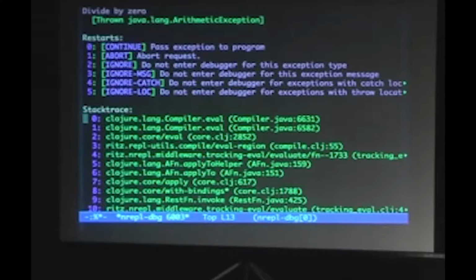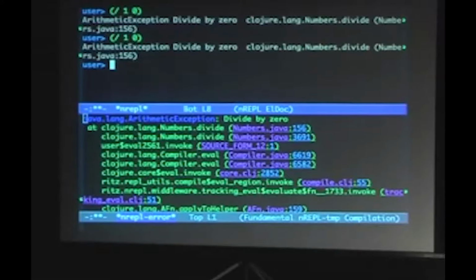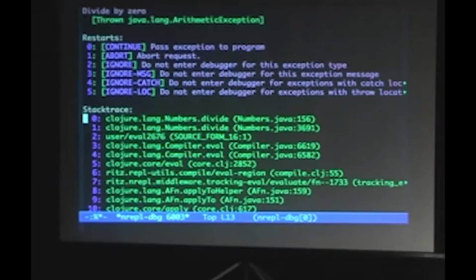So you can do that a couple of times. We can abort, which then says, okay, don't catch any more exceptions, just go back to the top level. So I'm back at my prompt. And then we can choose which exceptions to see. And this is where one of the issues we have